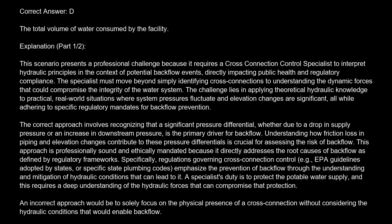The correct approach involves recognizing that a significant pressure differential, whether due to a drop in supply pressure or an increase in downstream pressure, is the primary driver for backflow. Understanding how friction loss in piping and elevation changes contribute to these pressure differentials is crucial for assessing the risk of backflow. This approach is professionally sound and ethically mandated because it directly addresses the root causes of backflow as